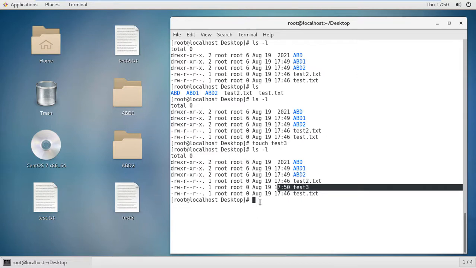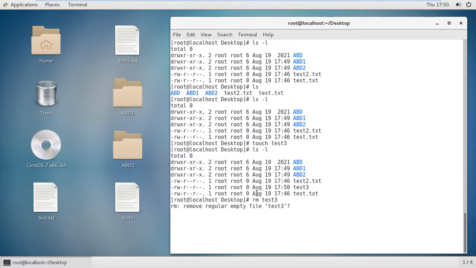Okay, so I want to delete that taste3 file. The command is rm space taste3, enter. It asks whether you want to remove, yes, otherwise you can type y, and it will be removed. I want to remove taste2.txt.